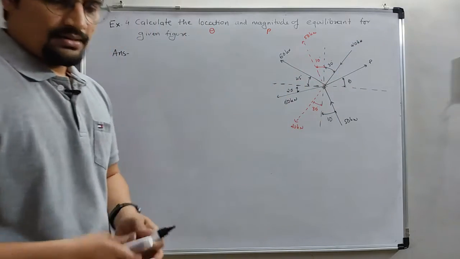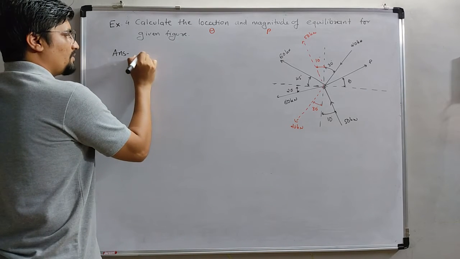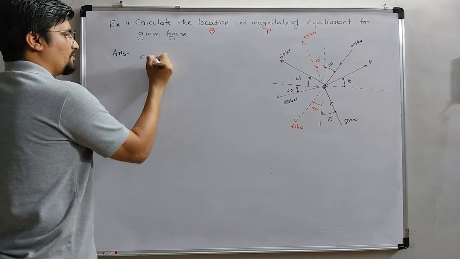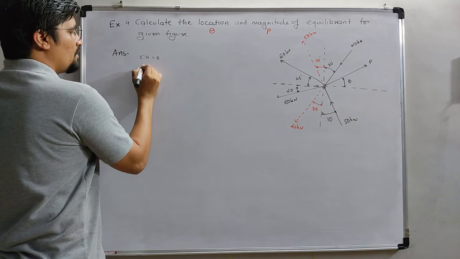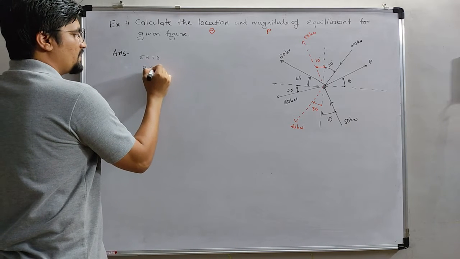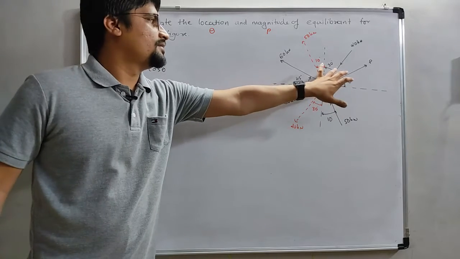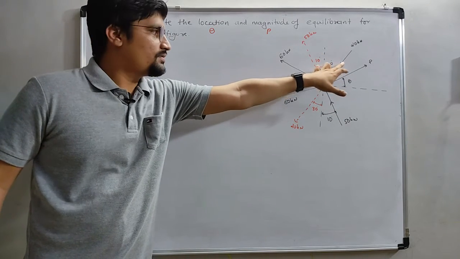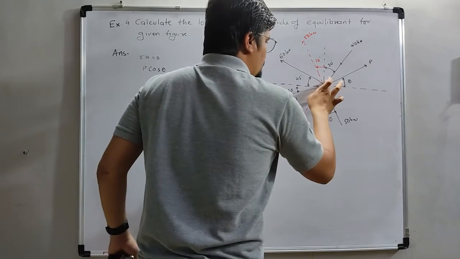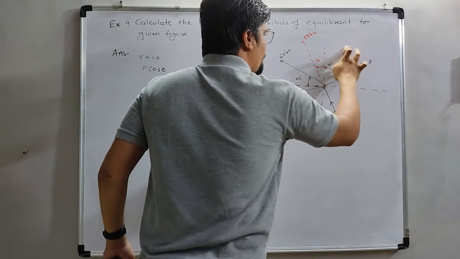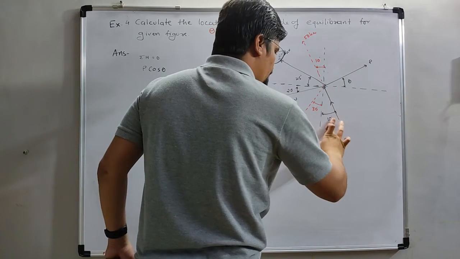Okay, let's start. First we take the summation of all horizontal forces equal to 0. Starting with P, the first value will be P cos theta. Another one is not this one, because this is compressing, so we change it to here. Let me rub it out so you can understand it properly.